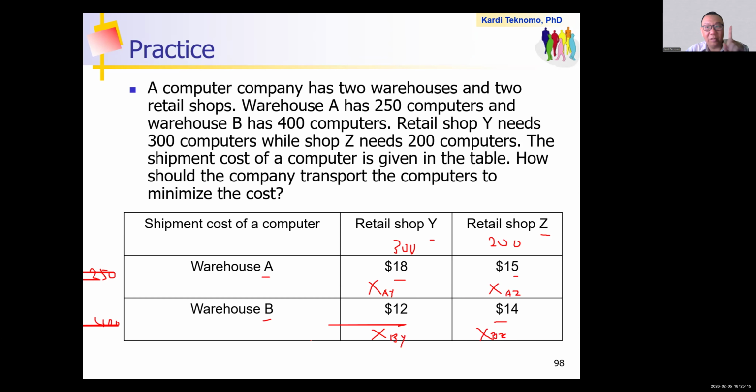So number one, you need to decide the variables. What is the meaning of x A Y? That's the number of computers that you will ship from warehouse A to retail shop Y. What is the meaning of x B Z here? That means the number of computers that you will ship from warehouse B to retail shop Z. Clear? So once you have the variables, the second step is to understand the